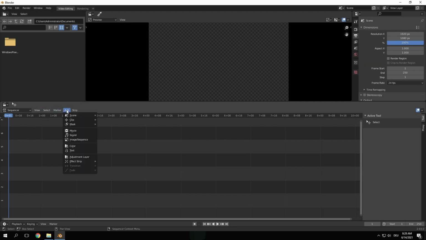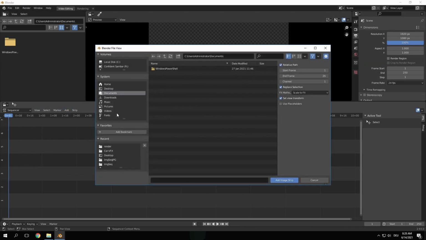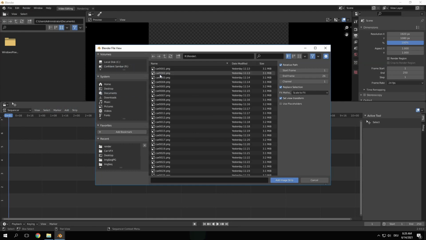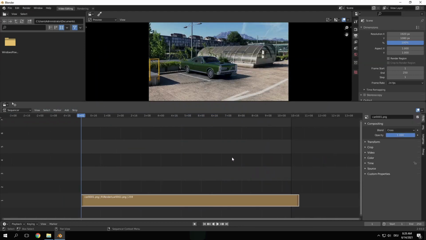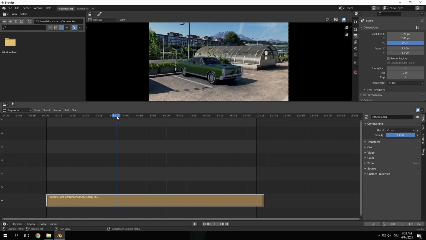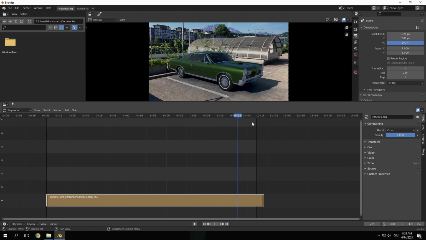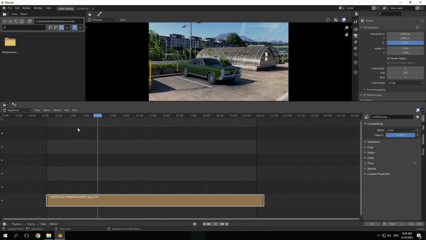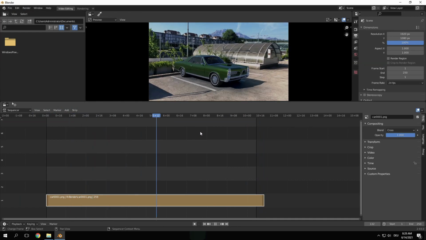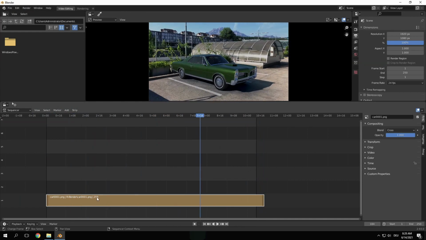So we go down here to add, choose image sequence, then go to wherever you saved it, to my render folder, press A to select all the files, and choose add image strip. So now we have this in here. You can see I didn't export the full clip, but it is basically the same process. Now again, this is 259 frames, so we need to adjust the timeline,